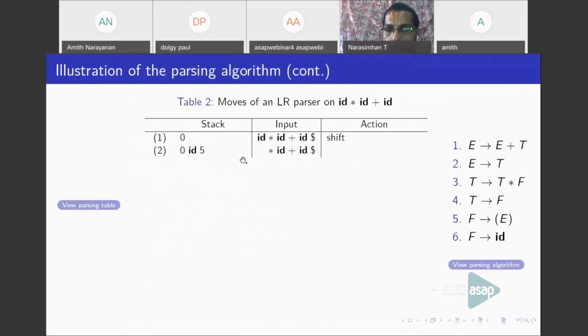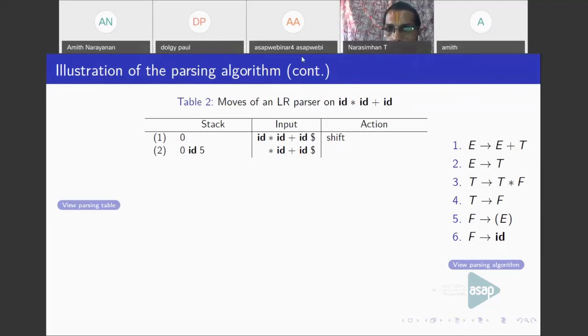The entry was R6, so I'm going to use the sixth production rule. F gives ID is the sixth production rule. What is beta here? ID. So what is the length of beta? 1. You just have one symbol, ID. So you need to pop 2 symbols from the stack.